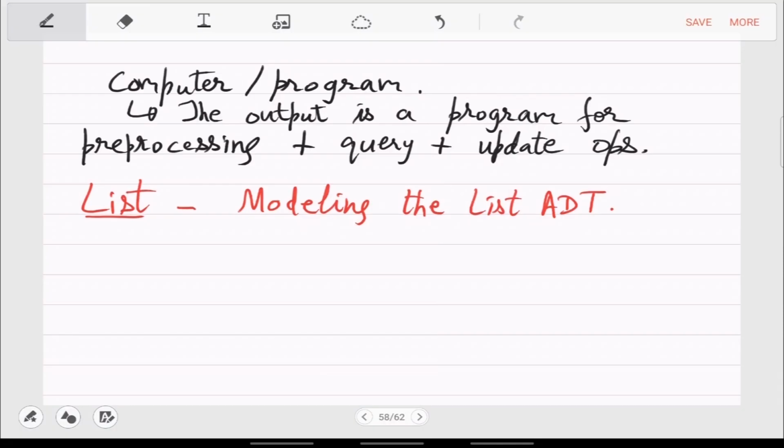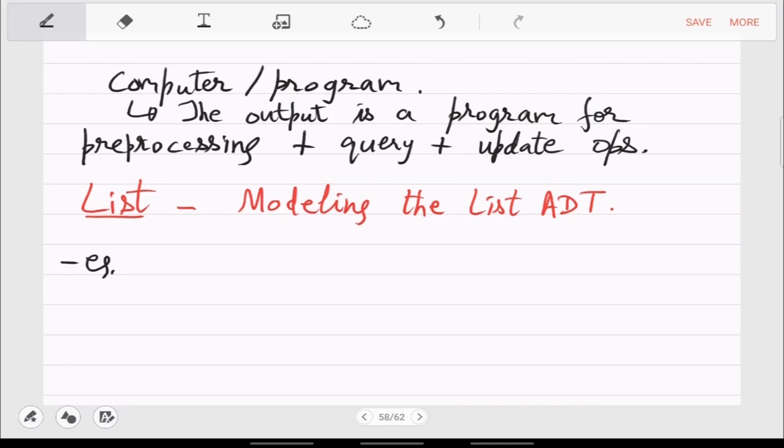So what is a list? Have you implemented a list in your programming course, for example? Yeah, linked list is more advanced, but even an array is a list. So you'd surely have implemented list ADT. But yeah, so we will also see, after array, we will see linked list.